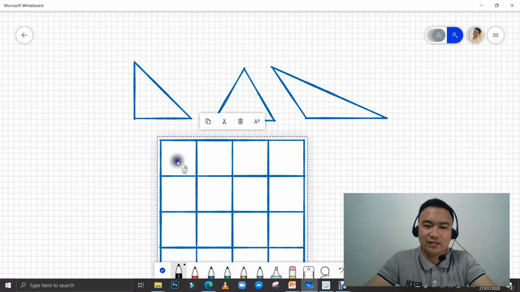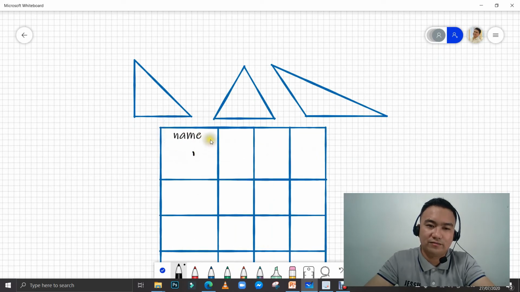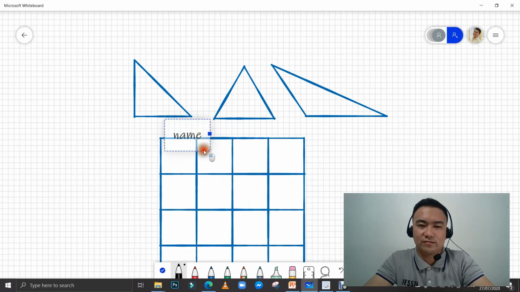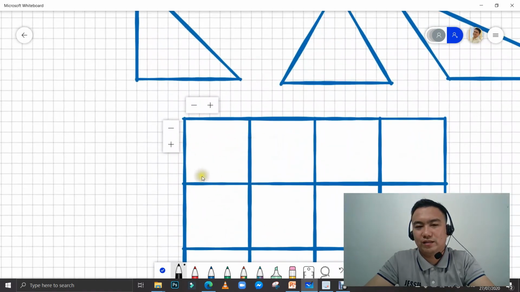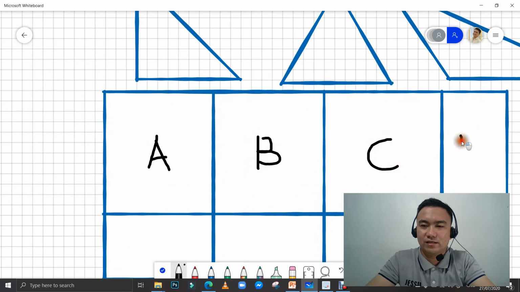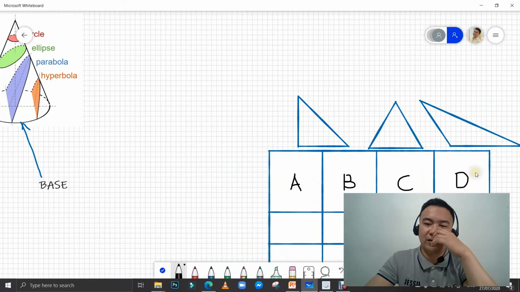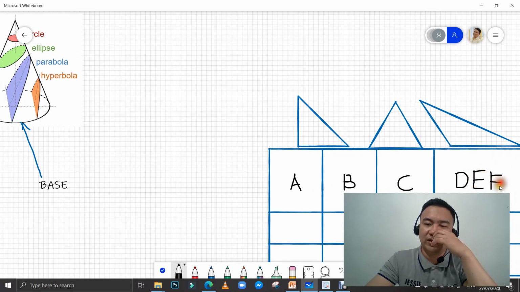Or of course you can use text here. So right click, then text, name, then insert it here. It will adjust. If you want to fill this up, example, I'm going to write letters A, B, C, and D. This is very helpful. So it adjusts depending on the content of each cell. So we're going to write E, E, F. Okay, so you will notice it is automatically